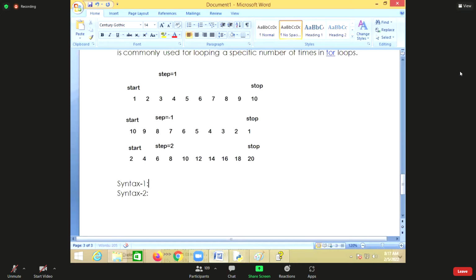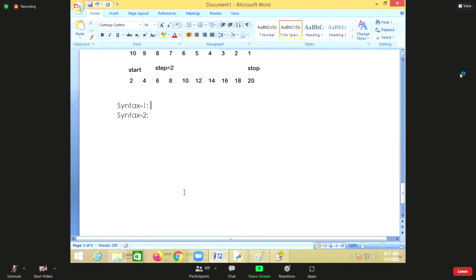In syntax 1, you say range followed by stop. In syntax 2, you say range followed by start, stop. And the default step here is 1.